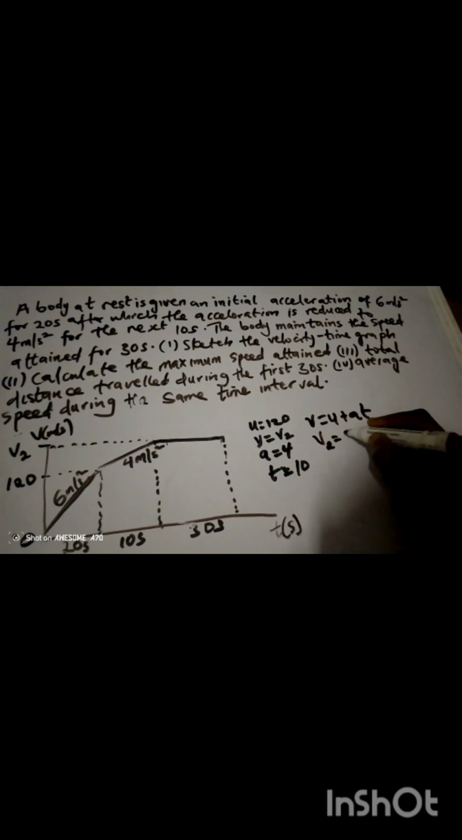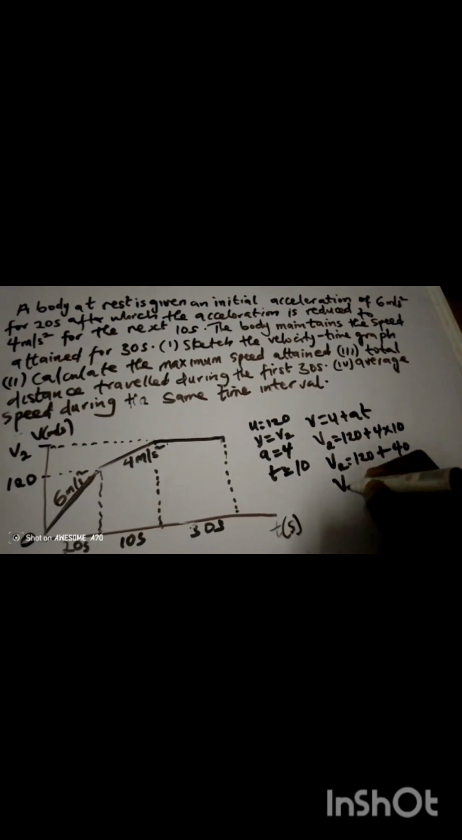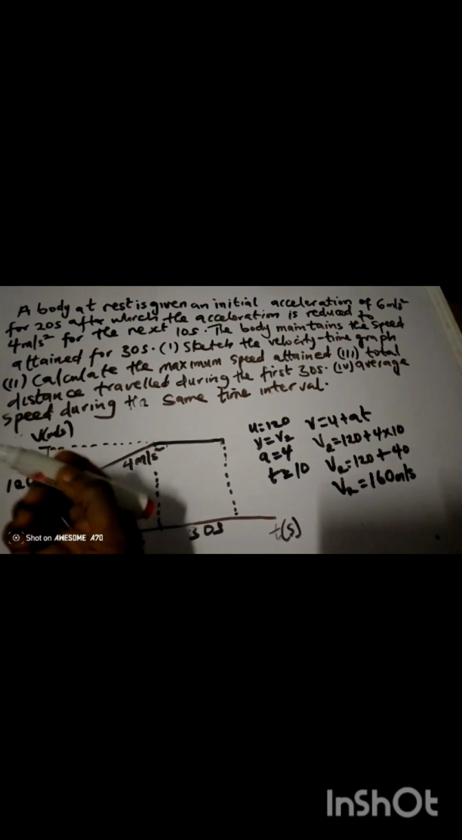We still say v equals u plus at. Our v is now v2, our u is 120, plus at, where a is 4 and time is 10. So our v2 is going to be 120 plus 40, which is 160 meters per second. So the maximum velocity attained by this body, which is our v2 here, you can clean this one also and put it there. Our maximum velocity now is